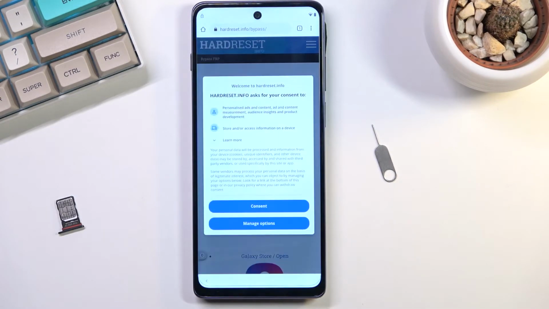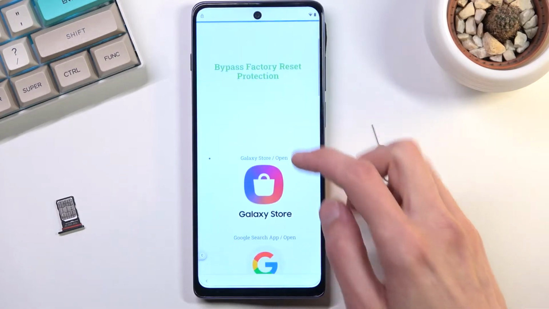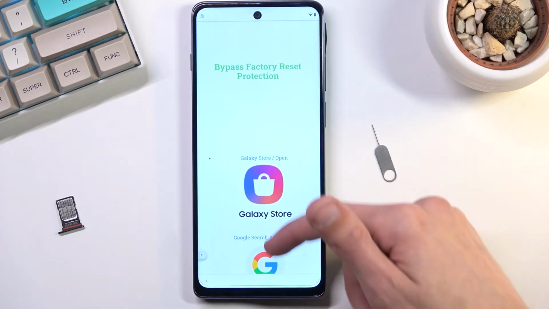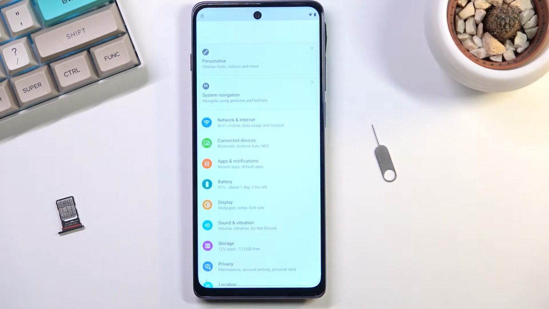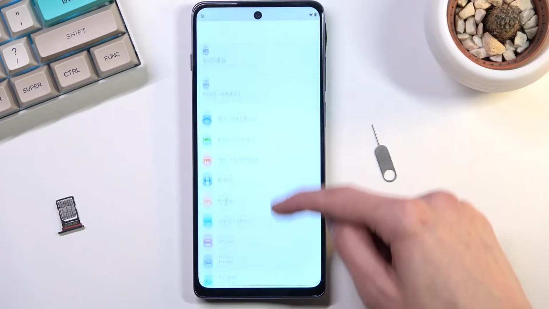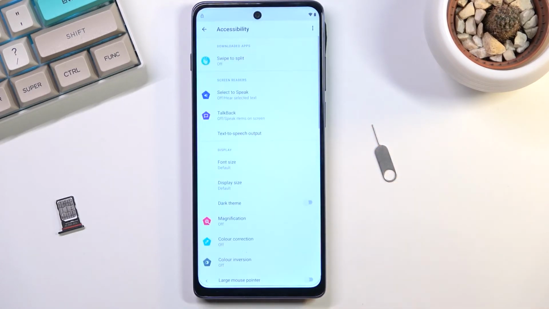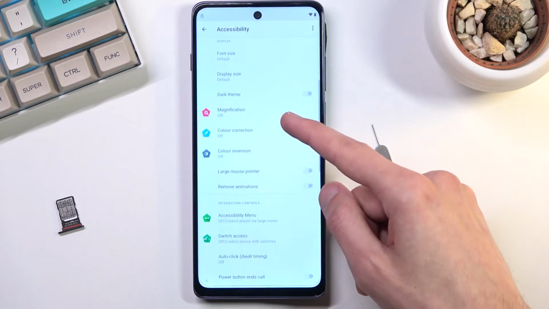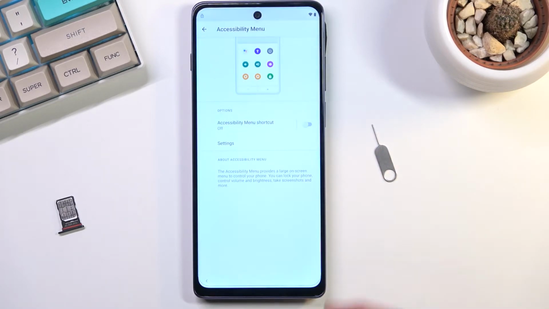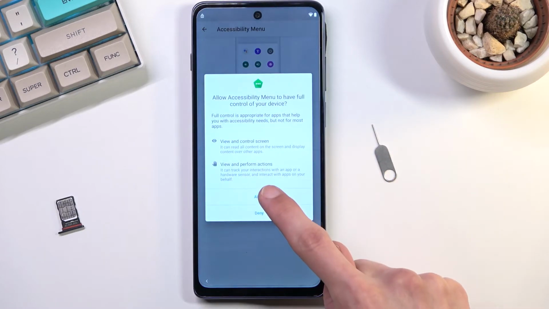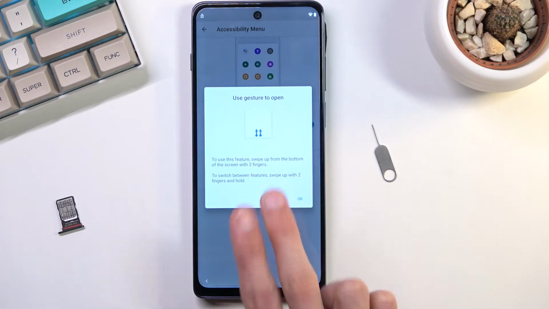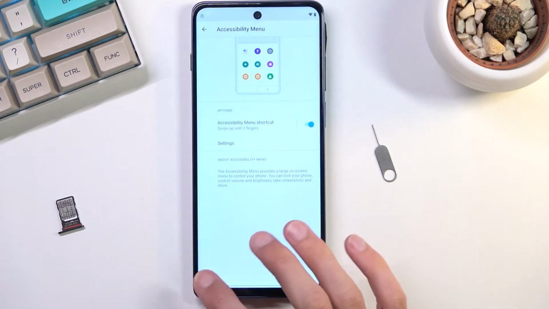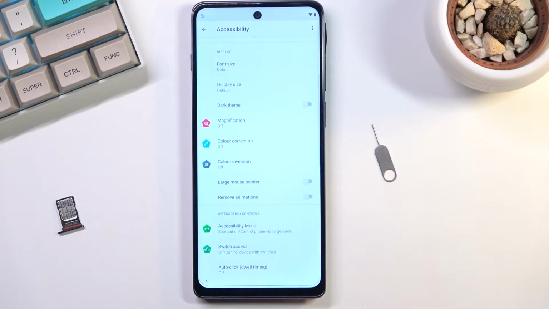So once you have navigated to the website right here, you want to scroll down to settings application right over here. Click on it, and this simply opens up your settings on the phone itself. So in here we're gonna now navigate down to accessibility, and we're gonna select accessibility menu. Gonna enable it, select allow, and it gives you a guide to bring up the accessibility menu. You will use 2-finger swipe up. So click on OK. From here we're gonna go back again,